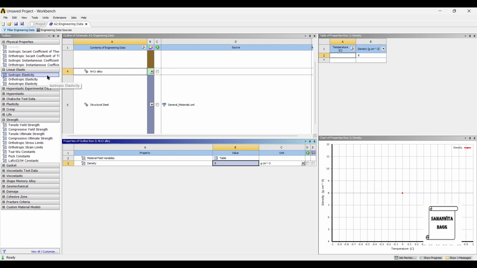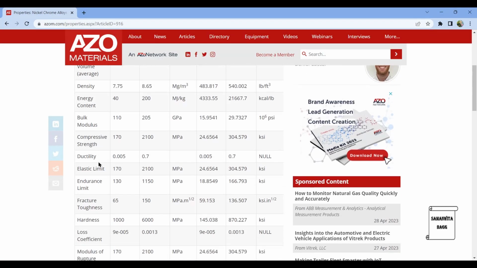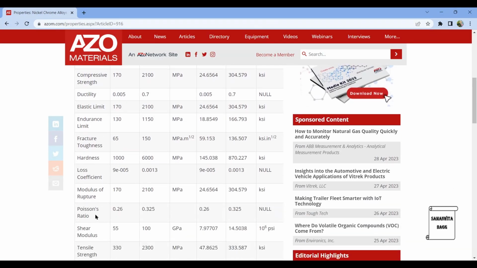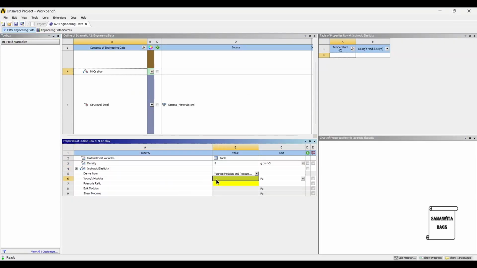Next I will insert isotropic elasticity. So I have to give the value of Young's modulus and Poisson's ratio. So you can see here Poisson's ratio is from 0.26 to 0.325. So I'll take a rough value as 0.28,